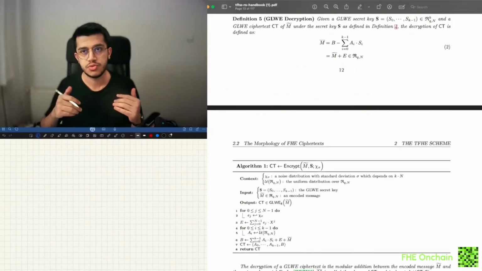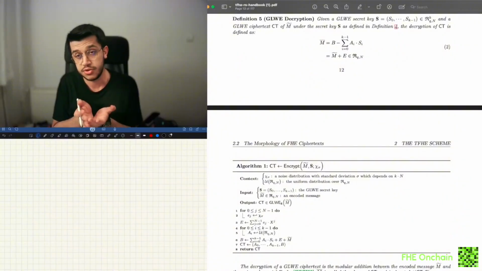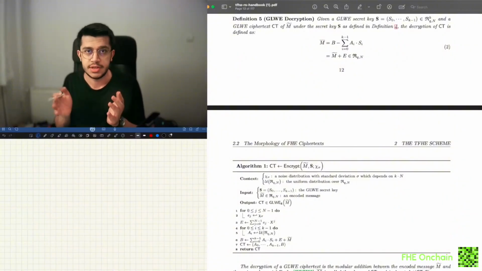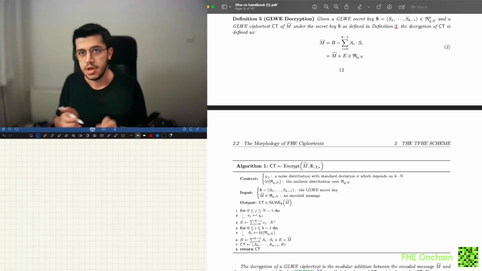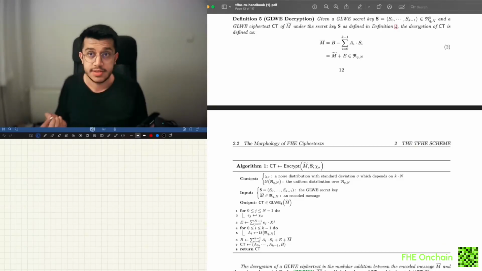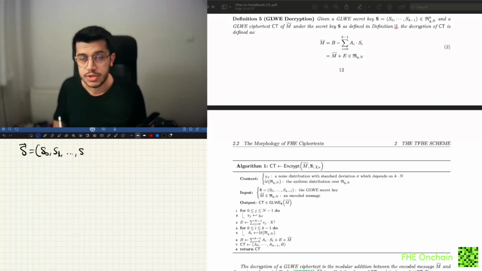For decryption, we should be given a ciphertext, obviously, to decrypt, and also a secret key. And without the secret key, decryption shouldn't be possible. So we are given a secret key S, these are polynomial entities within the secret key, and we're going to be given a ciphertext